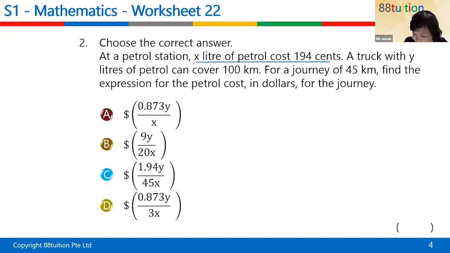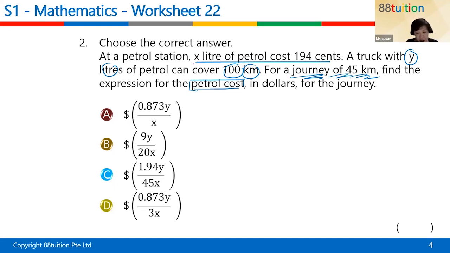A truck with Y liters of petrol can cover 100 kilometers. So he's going to travel in the journey of 45 kilometers, and he wants you to find the petrol cost. So what is the costing for this